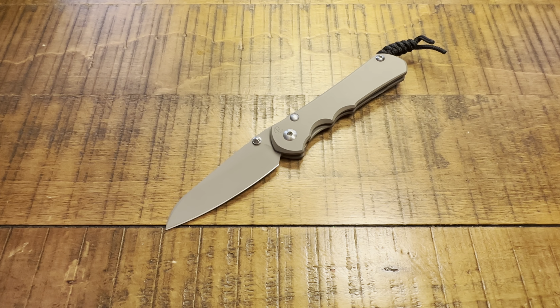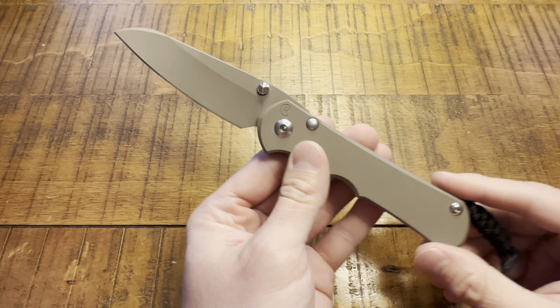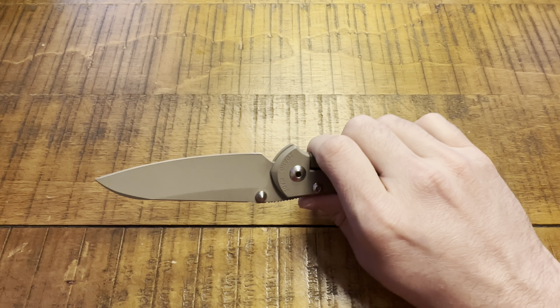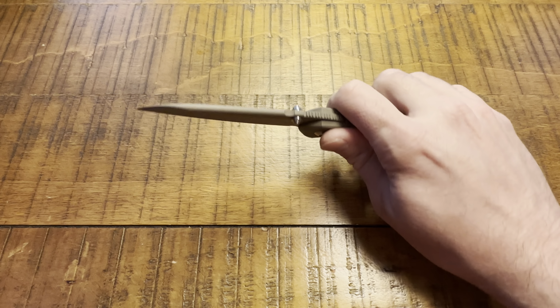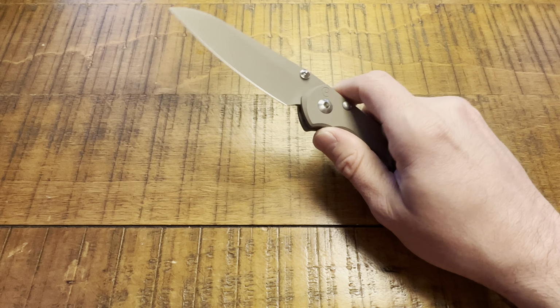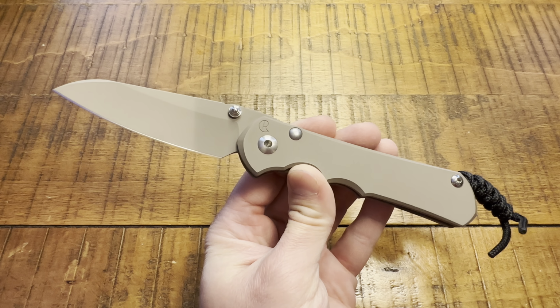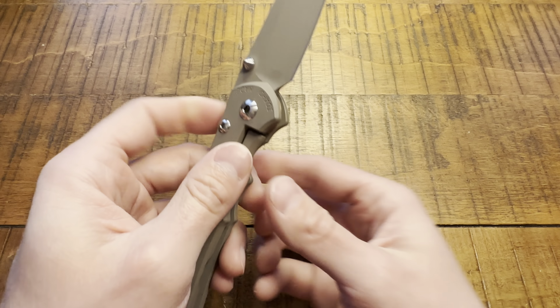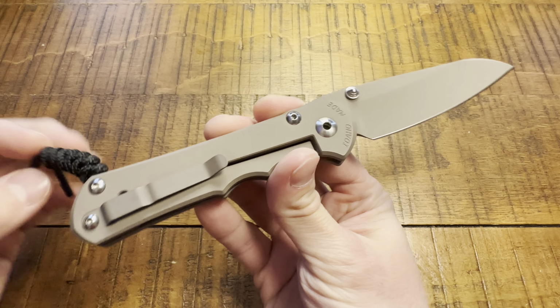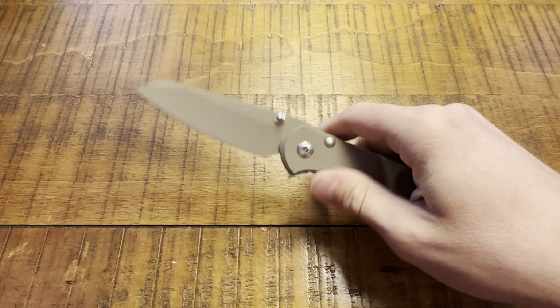And then that left me with getting an Inkosi, and having an Inkosi with the Insingo blade, which I think is a phenomenal EDC blade, that Wharncliffe, sheepsfoot type blade, great for opening packages, great for food prep, whatever, your common tasks, and then also having it in FDE. I feel like the variation of my Chris Reeve collection is just perfect right now. I do want to pick up a small Sebenza. I had one recently and sold it. It wasn't the exact version that I wanted,